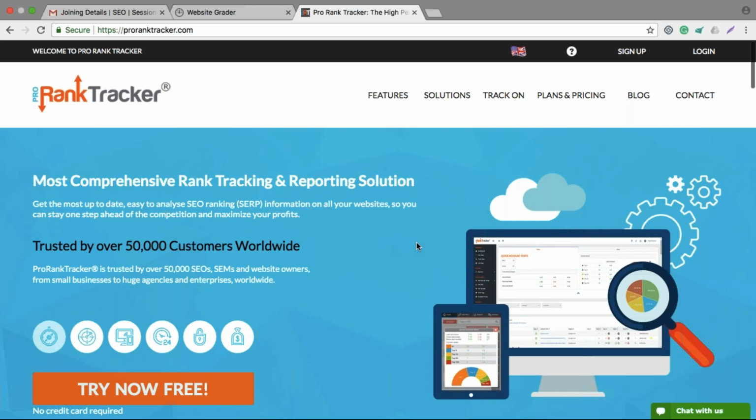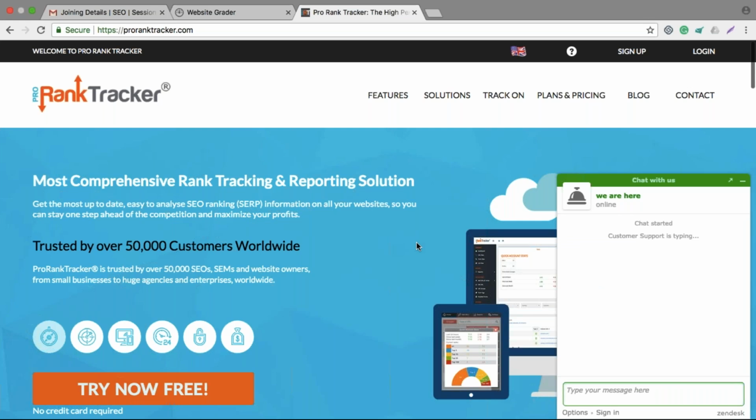But when you are working on 5, 10 clients, with 100 keywords or 50 keywords, it becomes very difficult to check manually, right? So you should have a tool which will track your ranking automatically. It's good to have a tool where you can share access with your client. They can check ranking 24/7.